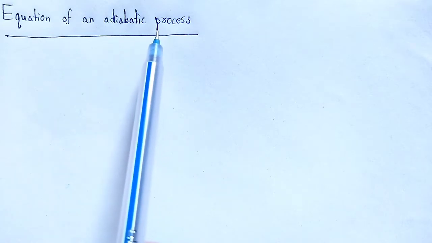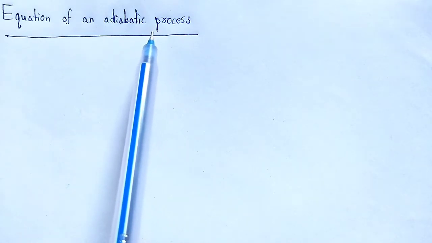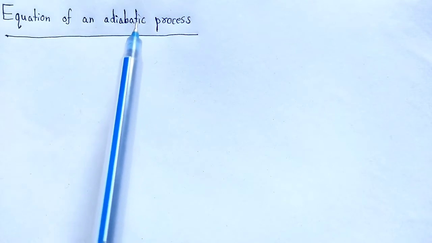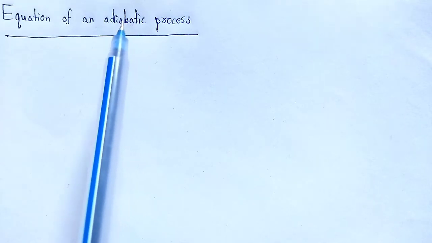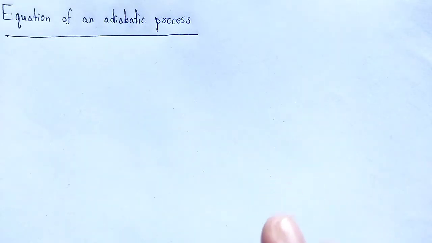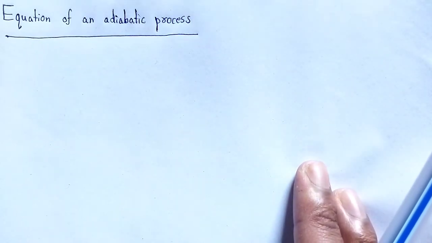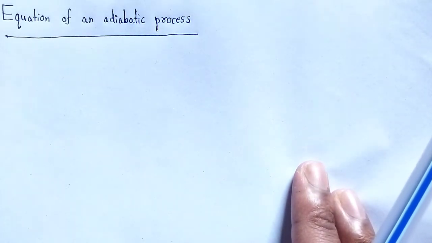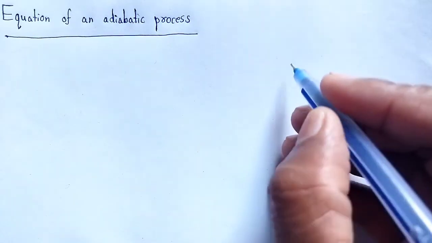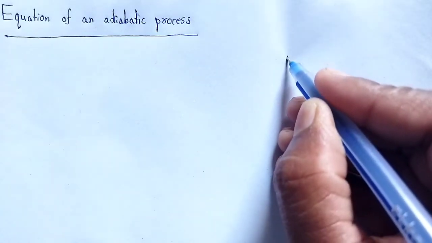Adiabatic process is the type of thermodynamic process in which heat is treated as constant, meaning the change of heat in that particular system is 0. So, how to derive the equation of an adiabatic process? To derive it, let us consider 1 mole of an ideal gas,